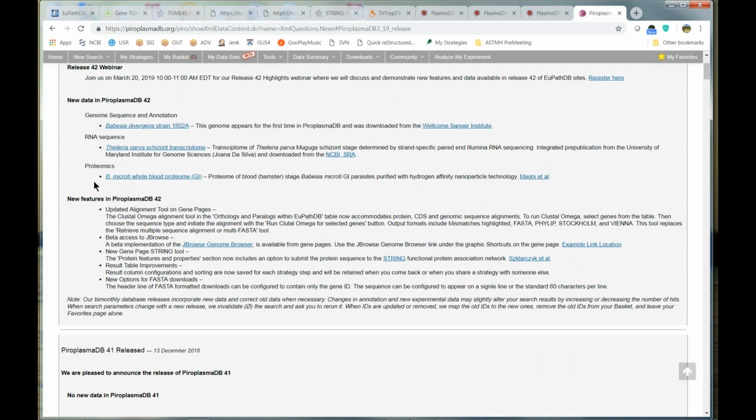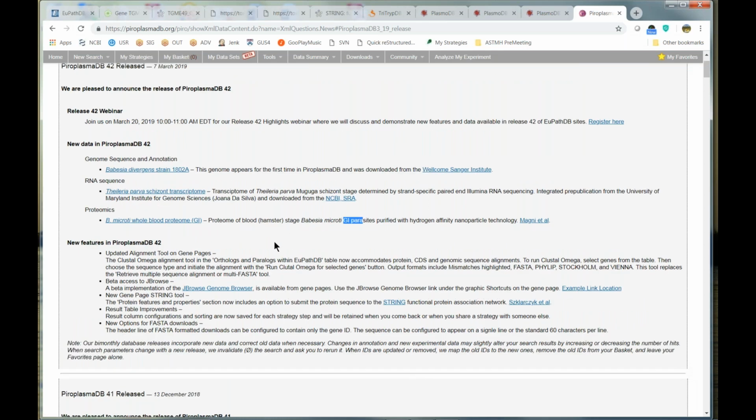So I'd like to go into the proteomics. We also have integrated a B. microti whole blood proteome that is from GI stage parasites, and that has recently been associated with a publication. So to go to that, I could click on this link here and go to the dataset page and get to the